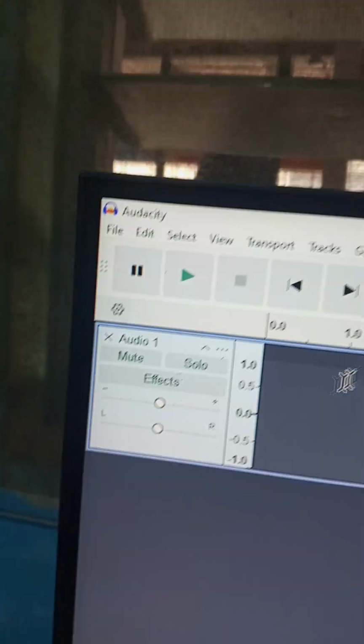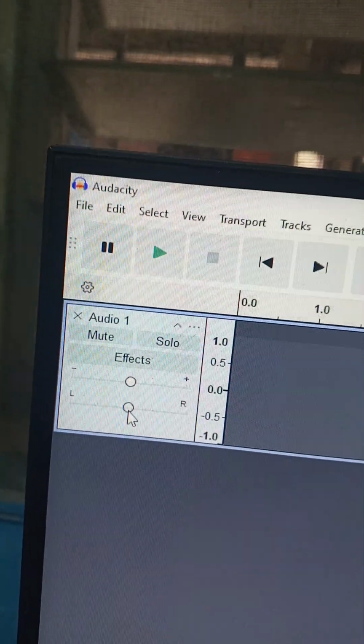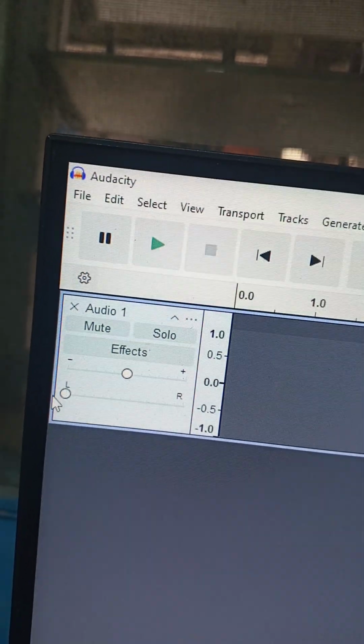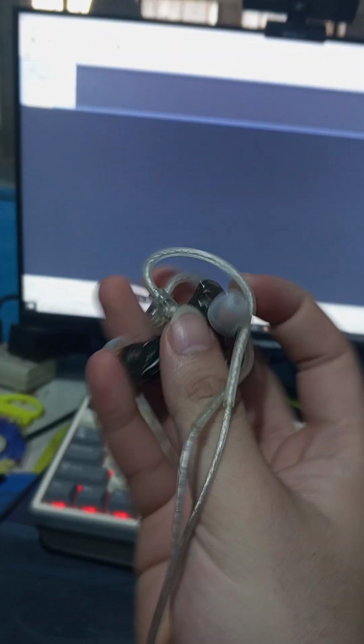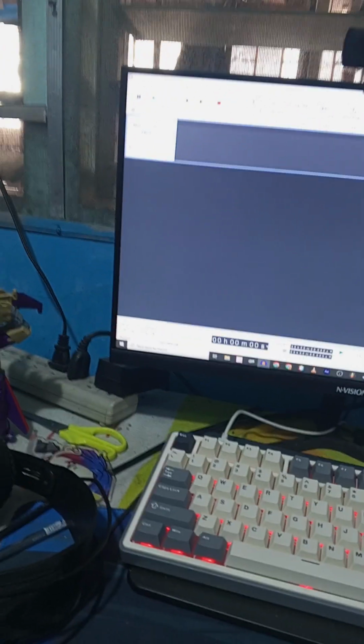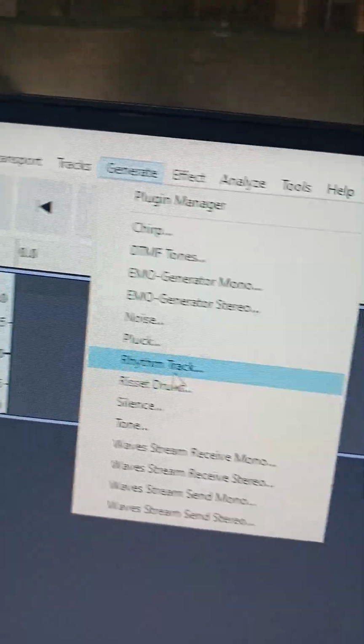Now, what you have to do is set the panning to whichever is better, left or right. But for me, it's gonna be left side because I'll be using these. These are IEMs, in-ear monitors, and although I have a headset, for example, here, I use IEMs for my recording. Now, what you have to do is go to Generate,